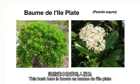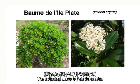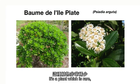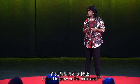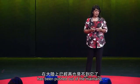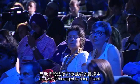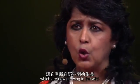This bush here is known as Boom de l'Île Plate in the local vernacular. The botanical name is Ipsiadia arguta. It's a plant which is rare, which is endemic to Mauritius. It used to grow on the mainland, but through the sheer pressures of urbanization has been pushed out of the mainland. And we've managed to bring it back from the brink of extinction by developing in vitro plants, which are now